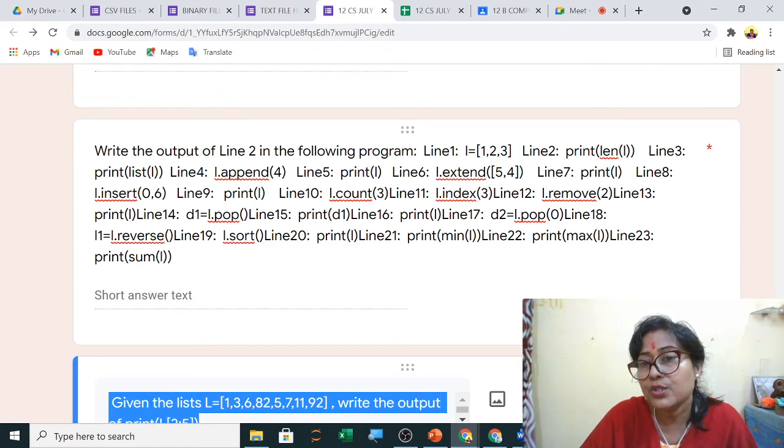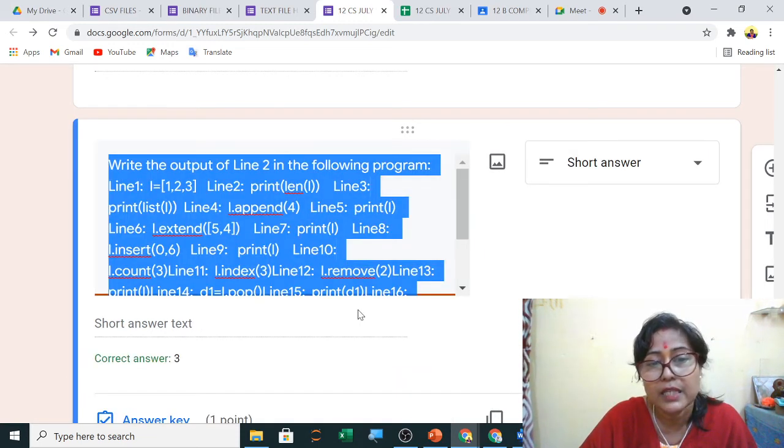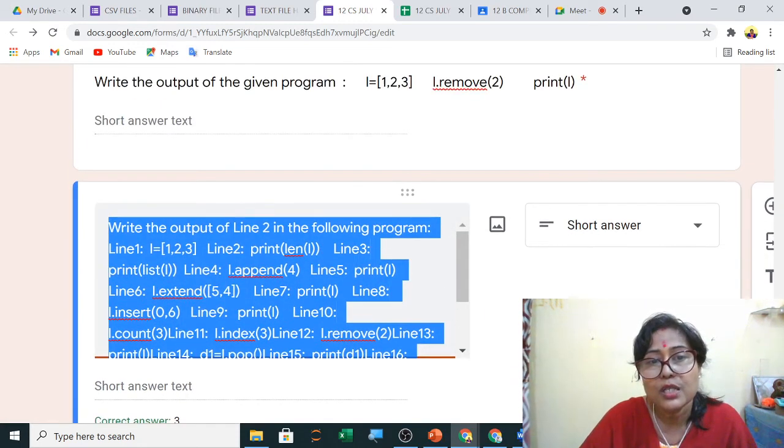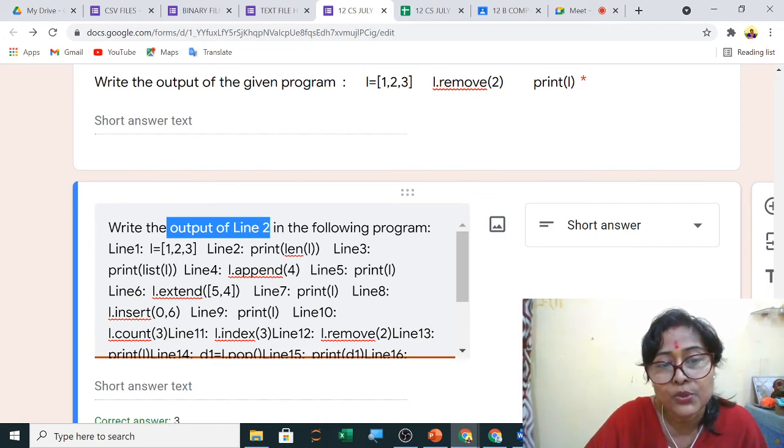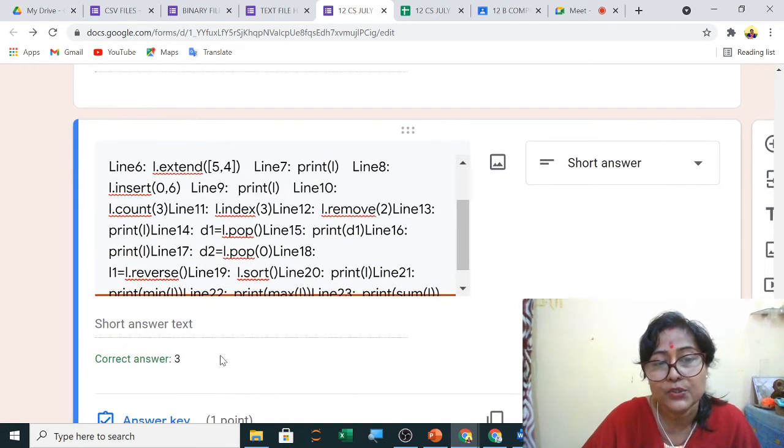Like if they ask you line number 22, or line number 23, that means till the last you have to solve and then write. In this question only the output of line 2 was asked. You can see here, output of line 2. That's why only len of L, 1, 2, 3. So only the output, 3, we have written.